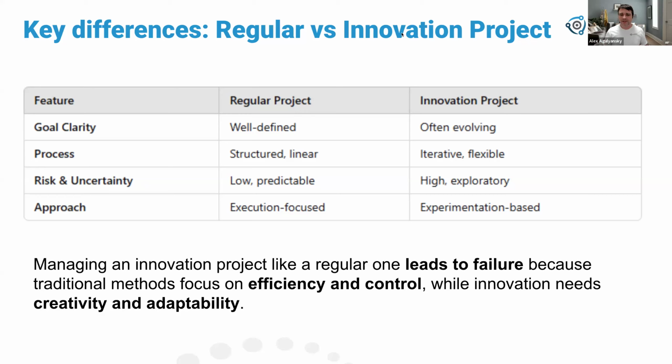So in general, managing an innovation project like a regular project is what a lot of people actually try to do. For example, using Jira, which is a perfect project management tool, to manage innovation initiatives. That doesn't work well because it's based on having a very specific plan and a very specific list of tasks, and it falls short of the actual needs of an innovation project.